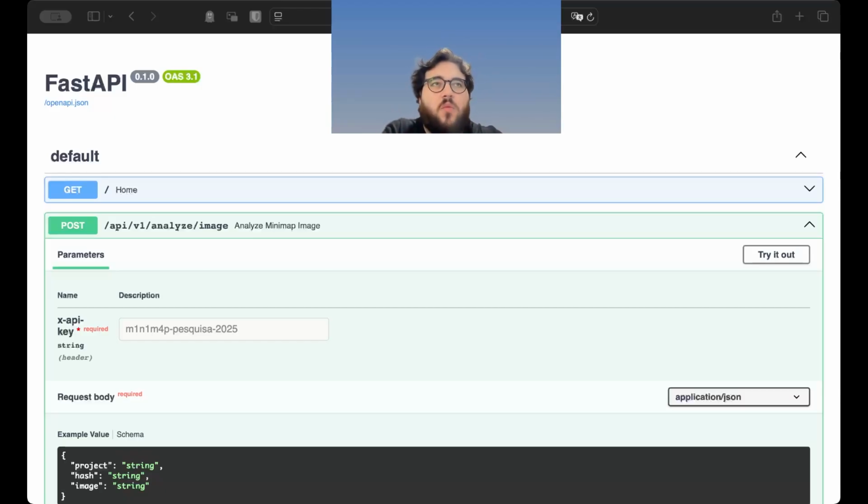The main endpoint accepts a JSON payload containing three fields: the project name, an MD5 hash identifying the source file, and a PNG minimap encoded in base64. The response follows a structured vector-of-vectors schema containing project, language, type, and author, and returns the top-N candidate classes with confidence scores. The contract right now is fixed, so it allows future models to plug in without breaking clients'